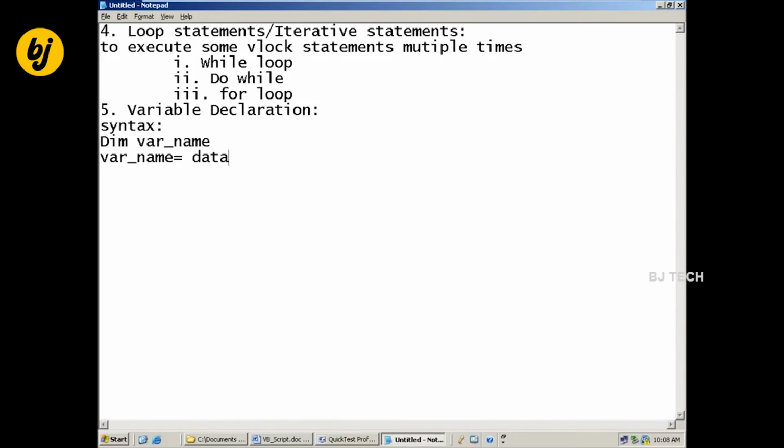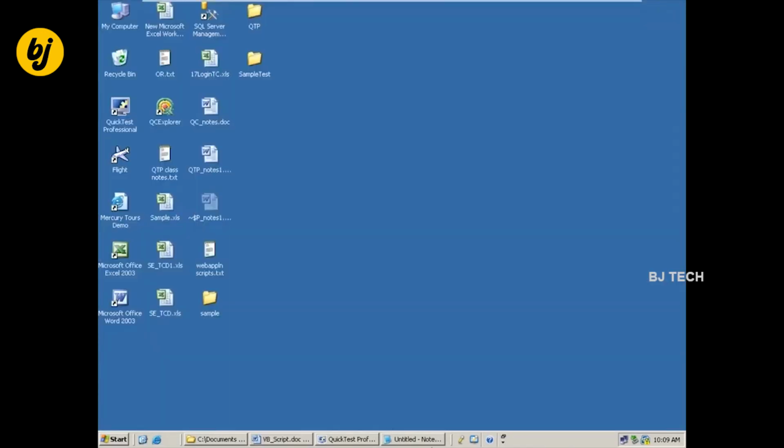So variable declaration in VB script is not mandatory, but as per the scripting standards, we declare the variables. The first line declares the variables, and the next line assigns the value, not on the same line. That is where VB script differs from other programming languages.